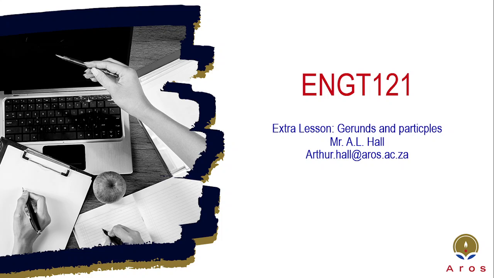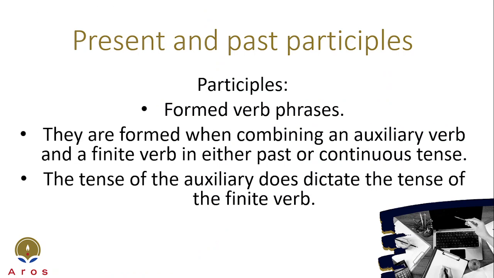En hopelijk, as ons nou hierdeur gewerk het, probeer jy dit ook beter te verstaan. Okay, let's just have a look at what we initially said present and past participles are. Firstly, they are verb phrases. Okay, so they do contain verbs. That's very important. They are formed in combining an auxiliary verb, a hulpwerkwoord, and a finite verb in either past